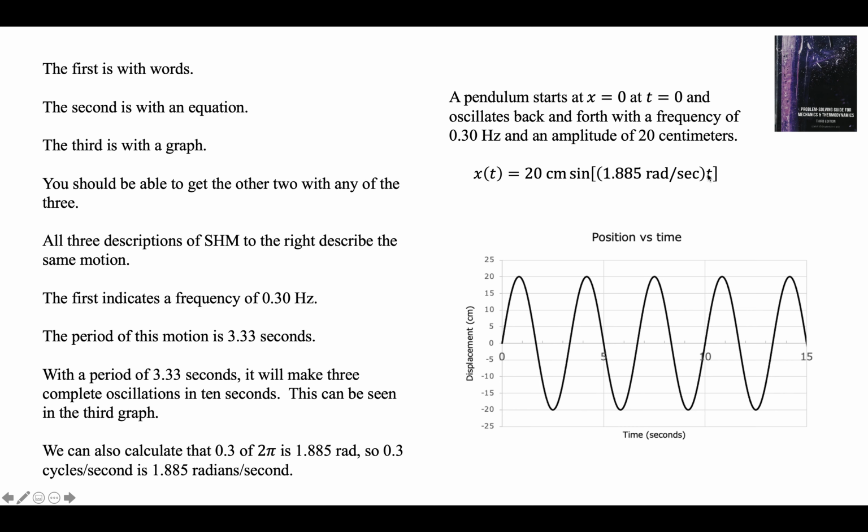So now when we plug in the time here and we multiply that by 1.885 radians per second, we're going to get an angle in radians, and we can take the sine of that with our calculator. We're going to multiply by 20, and we're going to find a point on this graph. In fact, you should probably do that. Plug in